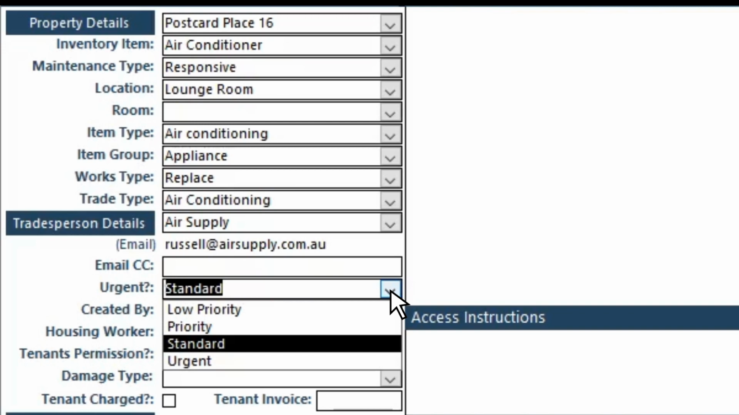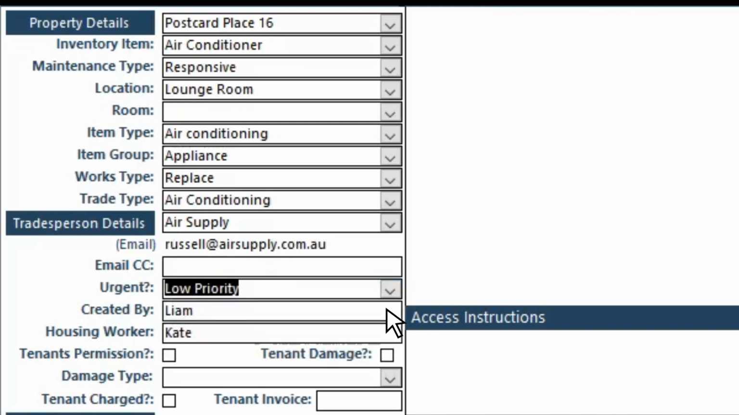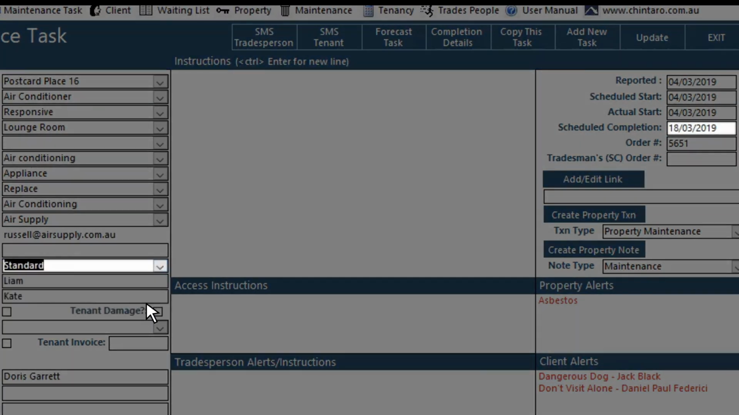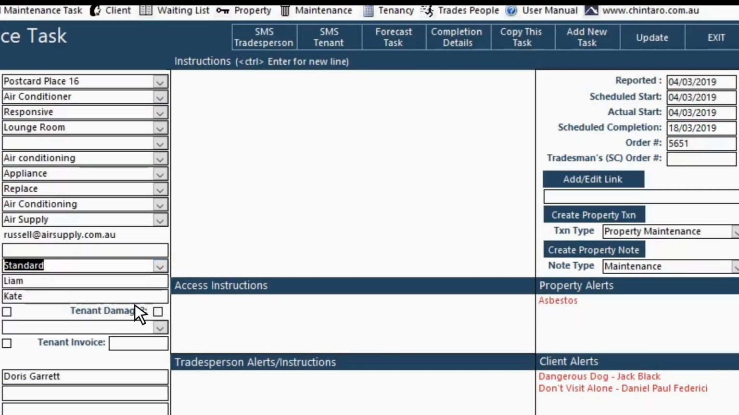When we select a level of urgency and we move over to the right-hand side of the screen, we see the scheduled completion date will change. Depending on the way that our organisation controls the expected turnarounds or key performance indicators, this field can be programmed by the urgency box. Like all drop-down lists in Chintaro, these are customisable through system maintenance and reference tables through